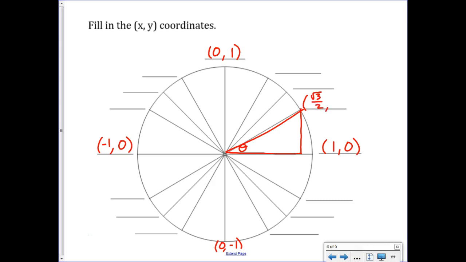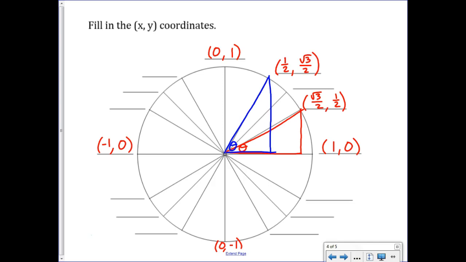And my sine of 30 was 1/2. You can flip back and double check that. I also have, and I'm going to pick a different color here, this distance, which was a theta of 60 degrees. So my cosine of 60 degrees was 1/2, and my sine of 60 degrees was square root of 3 over 2. Then this triangle in the middle, and I'm not going to draw it because it's getting kind of messy,